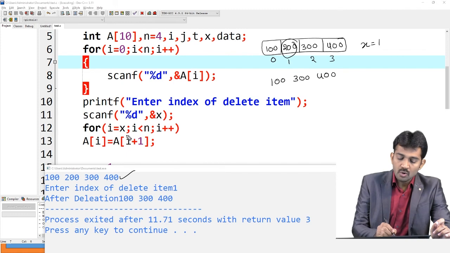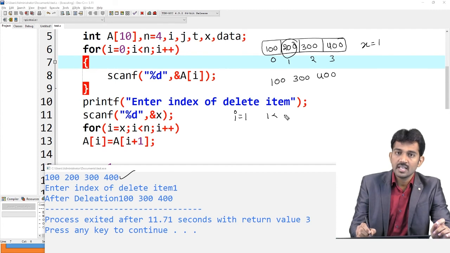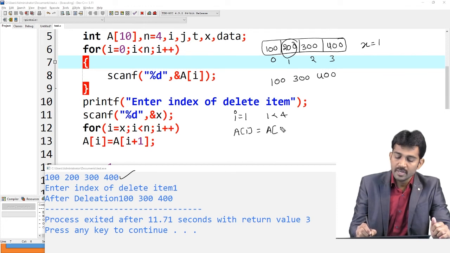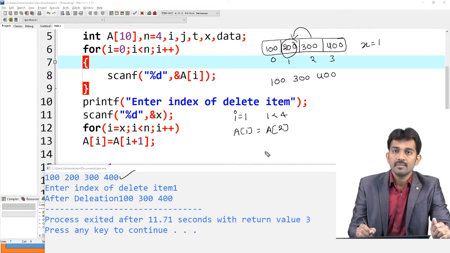After that, what I wrote in code: I equal to X, meaning 1. 1 is less than n, meaning the n value is 4, right? The condition is true. When the condition is true, A of I, meaning A of 1, equals A of 1 plus 1, meaning the index 2 value is stored here.